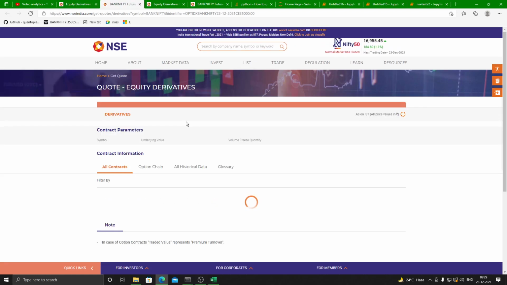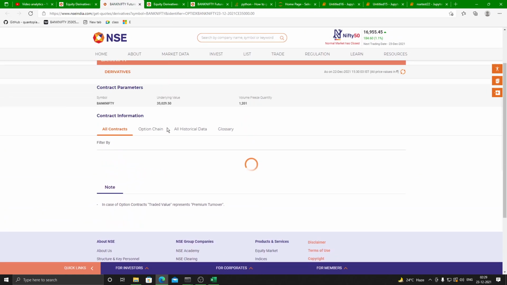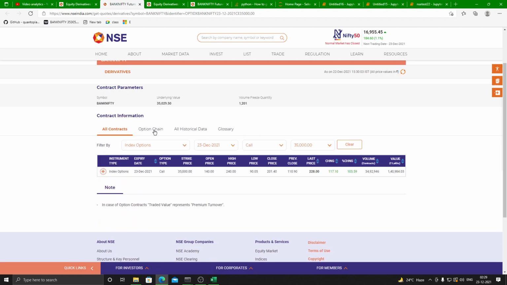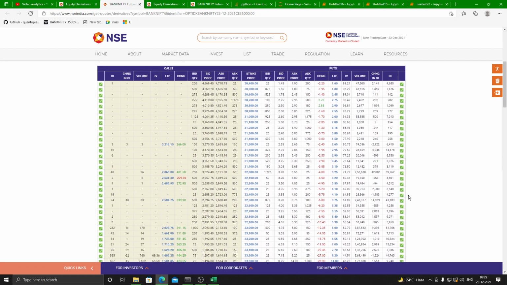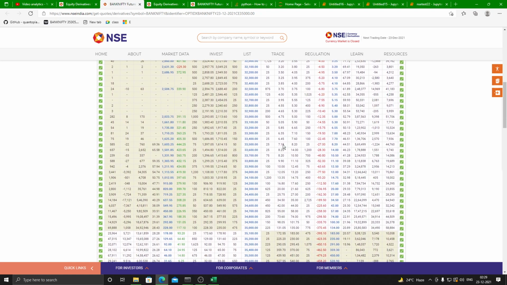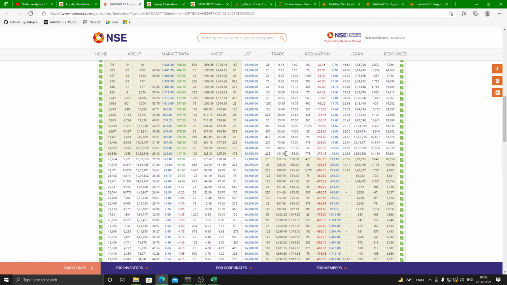So for example, here's the data they provide. My goal is to basically get this whole chain inside the Python program and assign it to a data frame, and then we can possibly further use it in some sort of a logic to build our strategy, or we can even print or use Matplotlib.